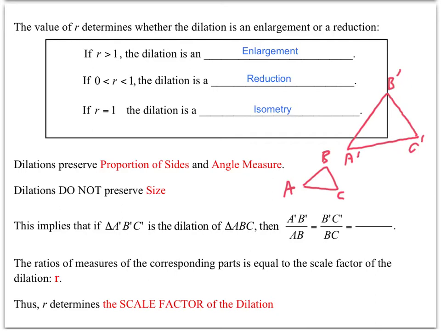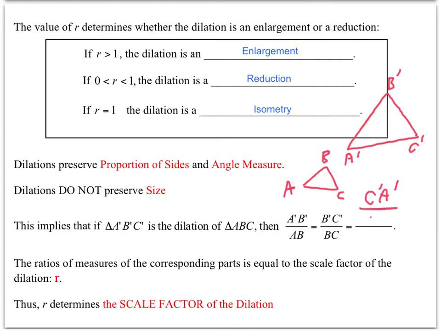So we can take side A prime B prime and divide it by AB, which should be the same scale factor or ratio as B prime C prime over BC, which should also be the same as C prime A prime